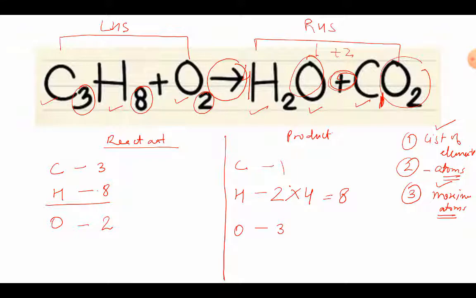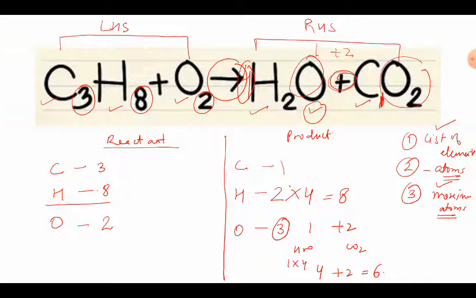Now hydrogen also becomes 8, but when we put this 4, do we see a change in the number of oxygen also? So let us just write this 3 as 1 plus 2, like 1 is present in case of water and 2 is in case of carbon dioxide, right? So this 1 will be like 1 into 4 because we have put up this coefficient. So now this will become 4 and it will be 2. So how many total oxygen do we have? 6 right now. Okay, so the oxygen number has changed and it has become 6, right?